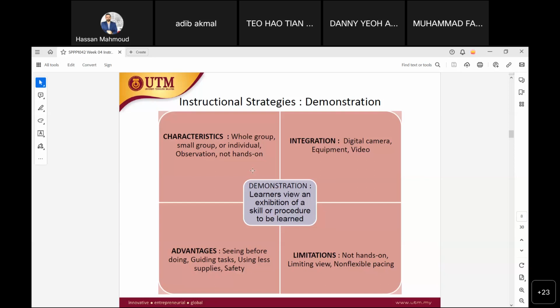And then the advantages, they could see before doing, they could use it as skills or guidelines. Okay. And the limitation, it's not always practical, because you are not always having the equipment to do